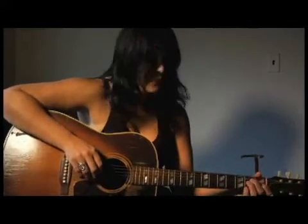So what I like to do for finger picking is to just anchor the ball of my hand on the face of the guitar, and then that just serves as a kind of attachment point for everything else,